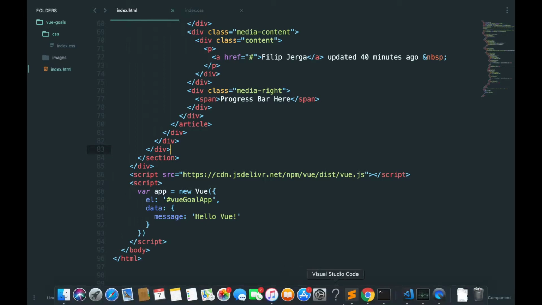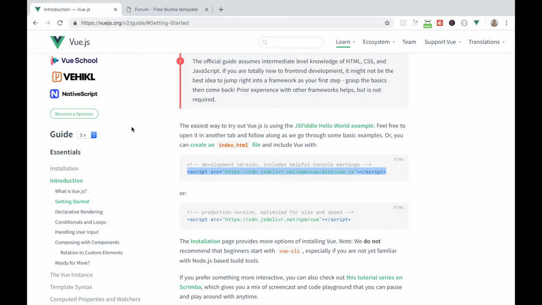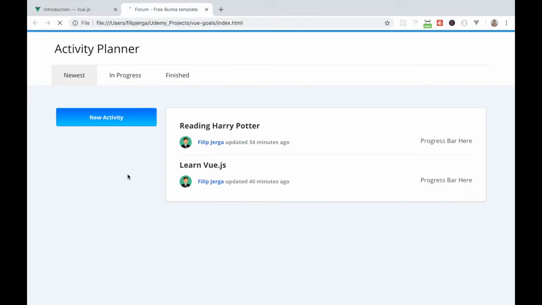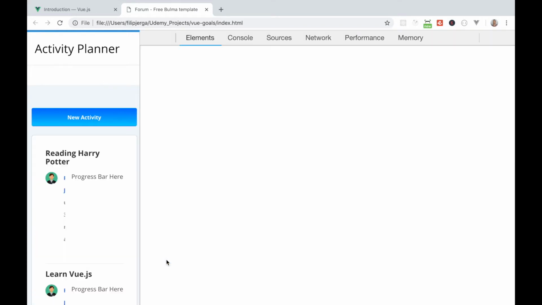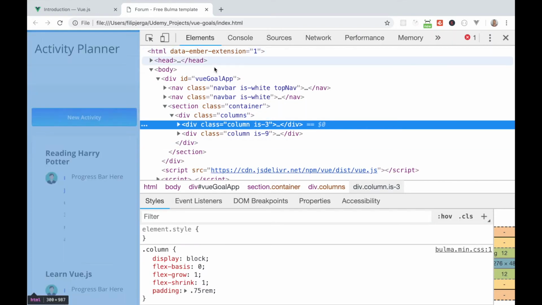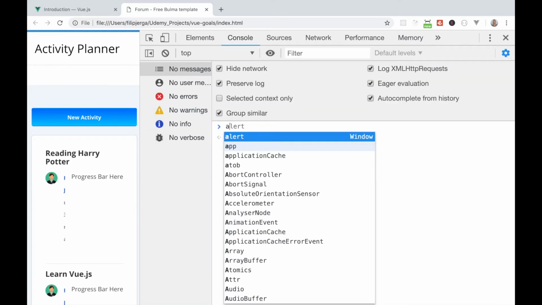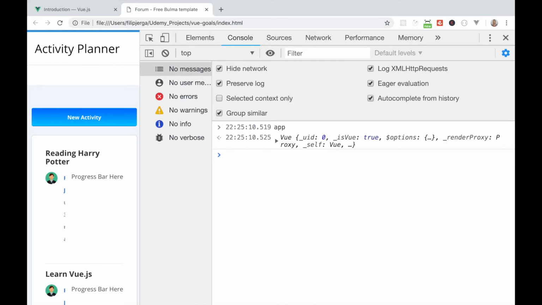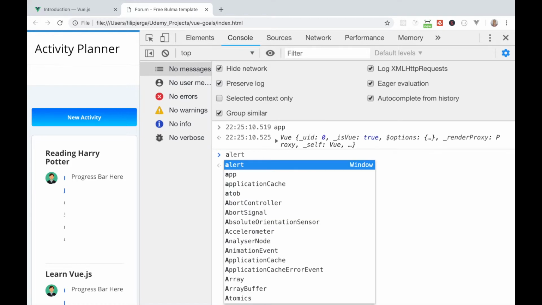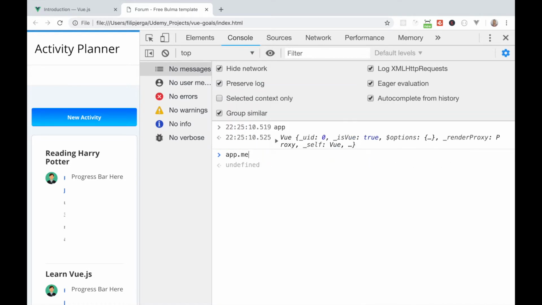Let's go to our browsers and navigate to our application. Let's refresh this and inspect this page. Right click and inspect. This will open the tab for you, and let's click console. Now I can write app, and this is a reference to my Vue application. I can access my data, so I can write app.message like this, and you will see